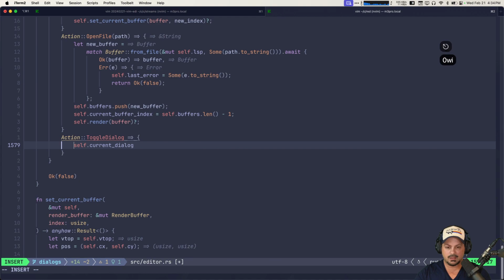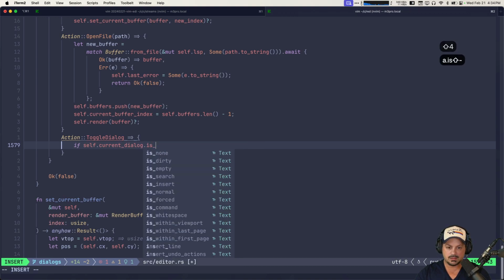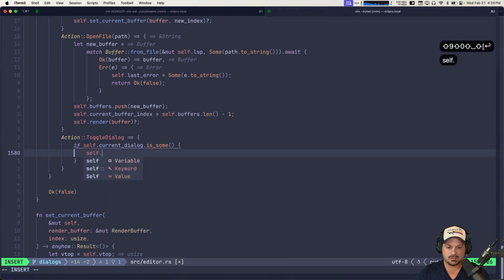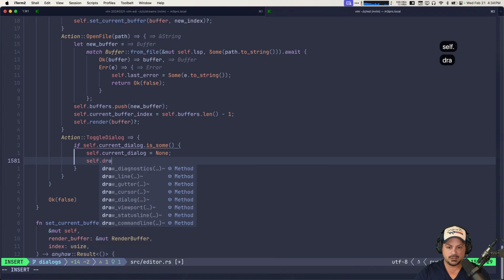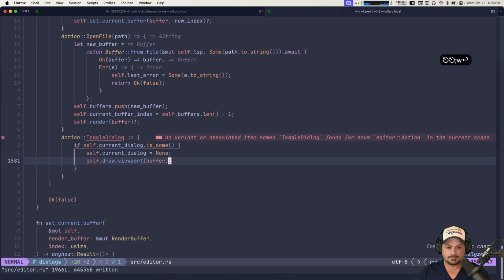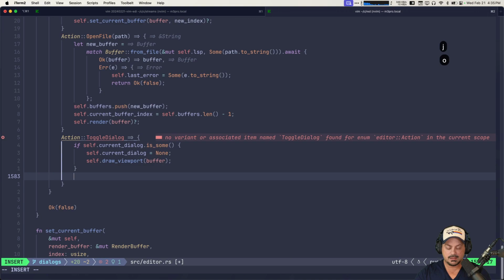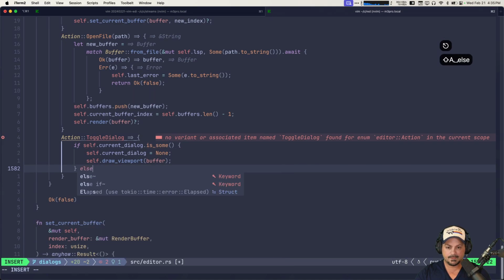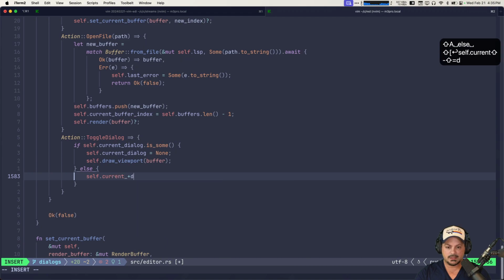So if self current dialog is some, we can just do self.current dialog is none, and we can do self.draw viewport to get rid of the dialog like that. Otherwise, we're going to do self.current dialog equals